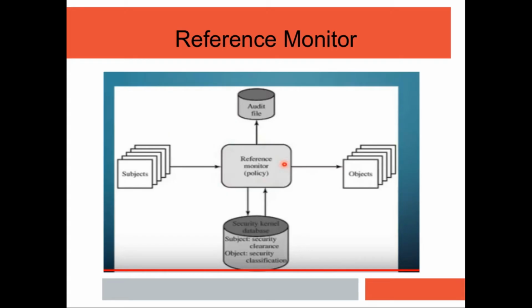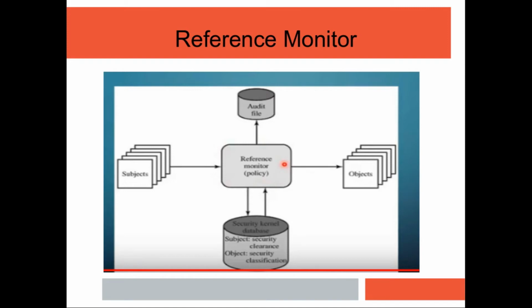Like a reference monitor, we can say log files. Log files are visible in the root login only, not any other login. We have seen log files previously in steganography too. Why are they used? Because you want to find out who has accessed the server and how many times. So in that case there is something called policy. A reference monitor has something called policy.